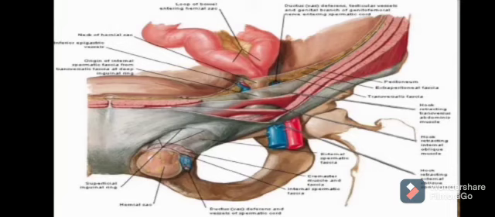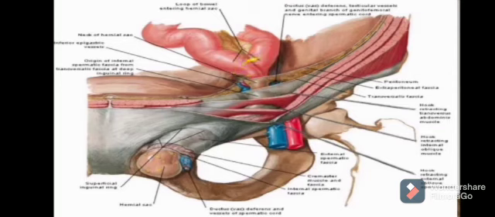So here it is a very good picture. You can see these are the loops of the bowel. This is the fascia transversalis. Then we have this is the peritoneum, this is the fascia transversalis and the 3 muscles of the abdomen. And then this opening is in the fascia transversalis, which is the deep opening, and we have the superficial opening.